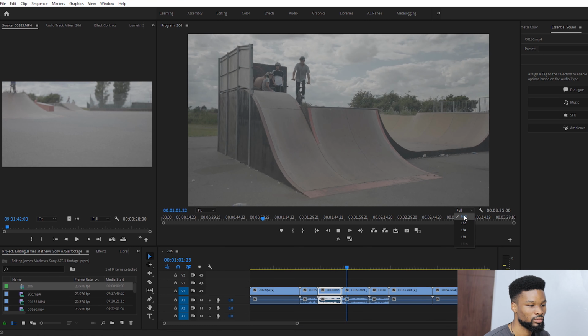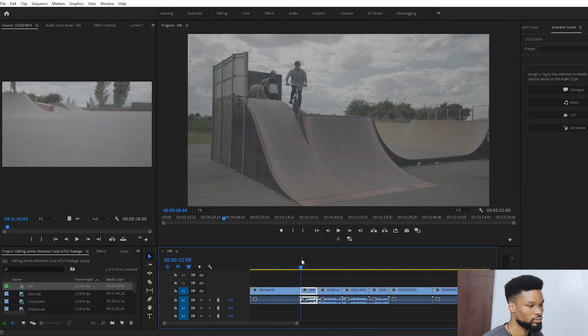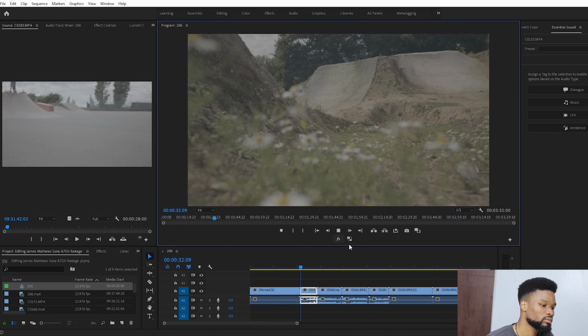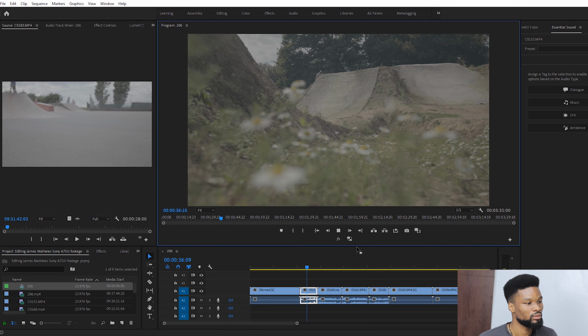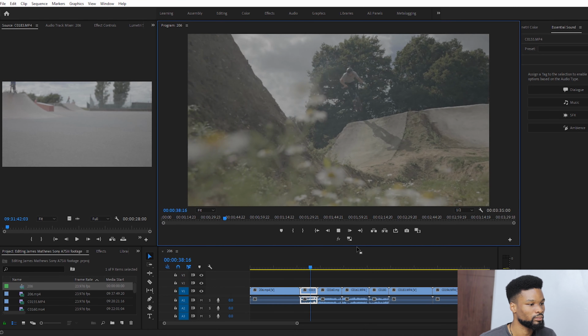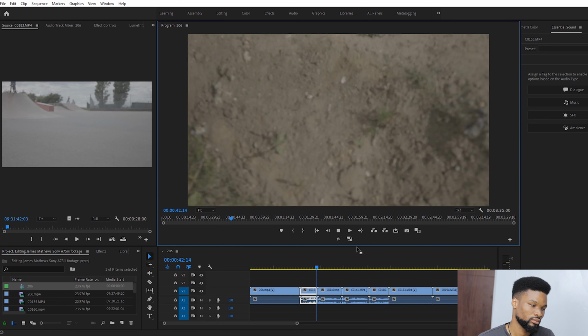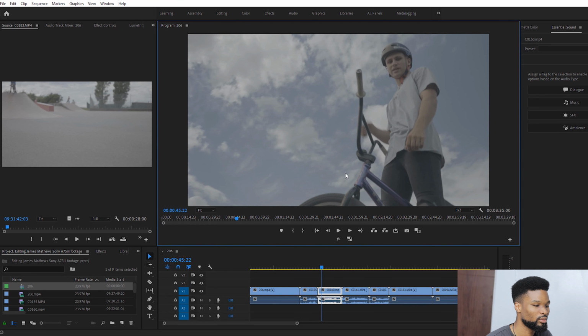Let's switch to half resolution and see how it performs. Still skipping too many frames, and it only gets worse when I start walking. Test 5/4 resolution.